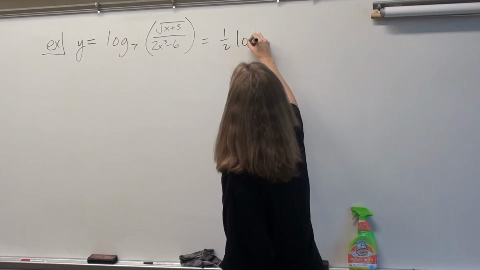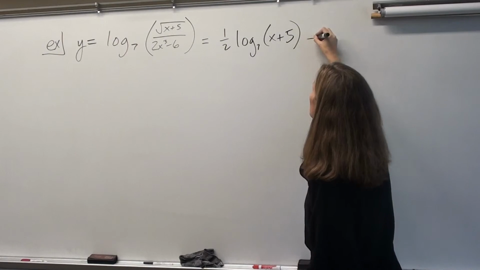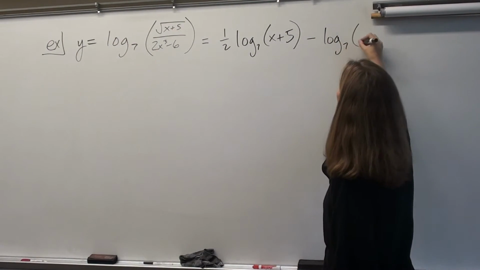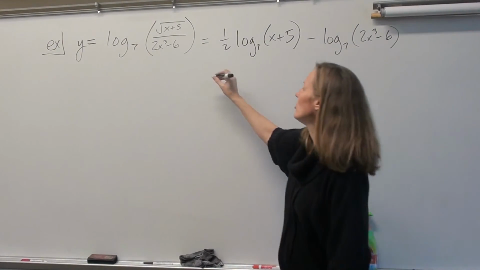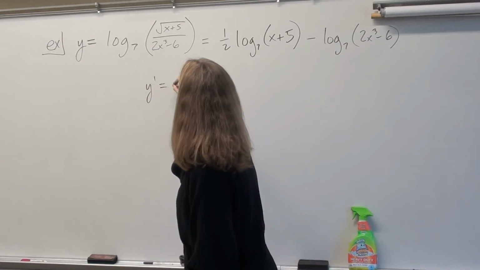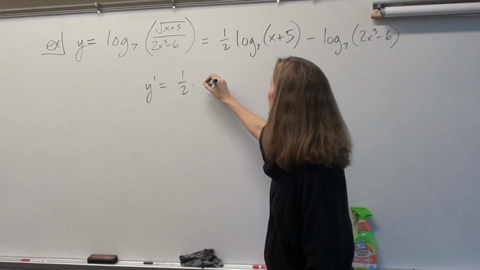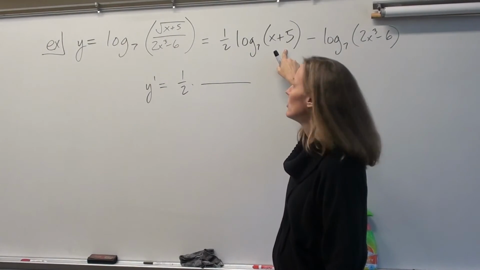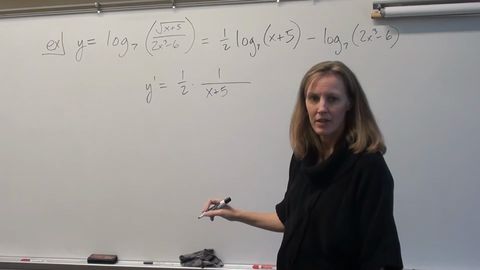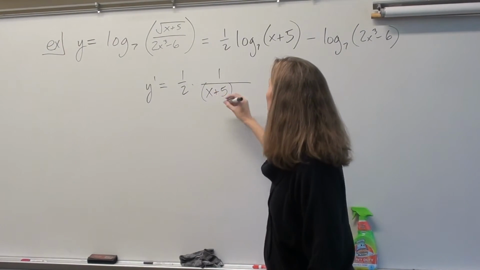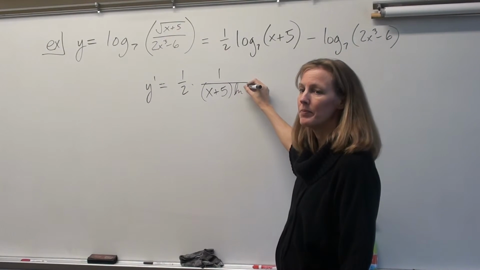So it's 1/2 log base 7 of the quantity x plus 5 minus log base 7 of the quantity 2x cubed minus 6. Did everyone expand it okay? Yes. Okay. When you do your derivative, the 1/2 is just a coefficient that gets multiplied by the answer. It's just like a natural log. You put the argument on the bottom, you put its derivative on the top. The only thing that's new is you have to multiply the bottom by ln of what? A, which is